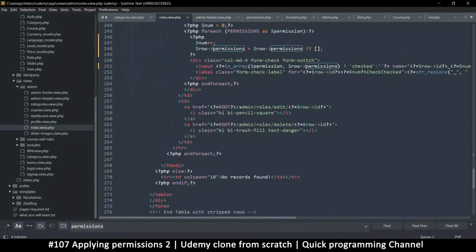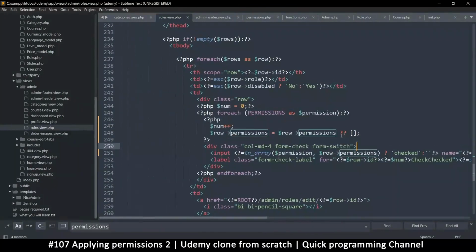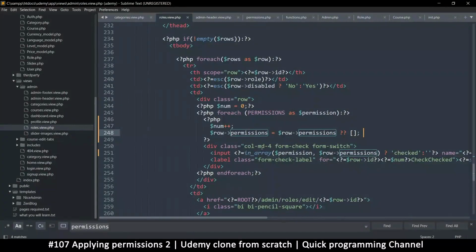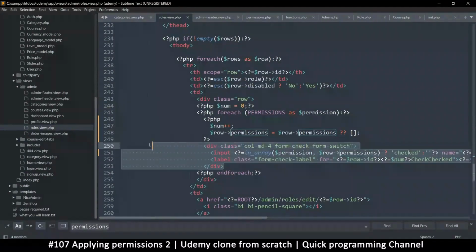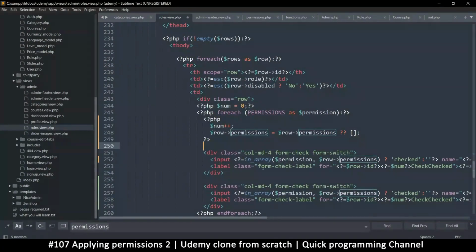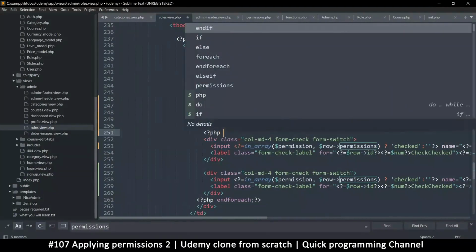down here where we are listing the rows, this is where we are looping to show the permissions. What I want to do is that right here, I'm just going to ask the question, let's put an if statement here. So I want this to be different for the admin. So I'll duplicate this part like this, okay? Then I'll put an if statement. So I'm just going to say if